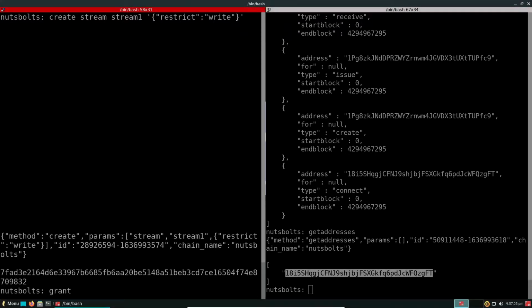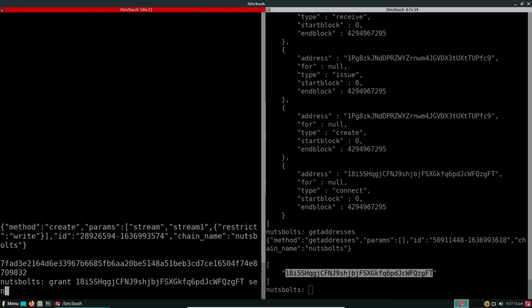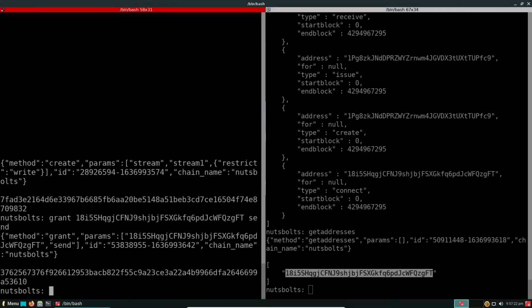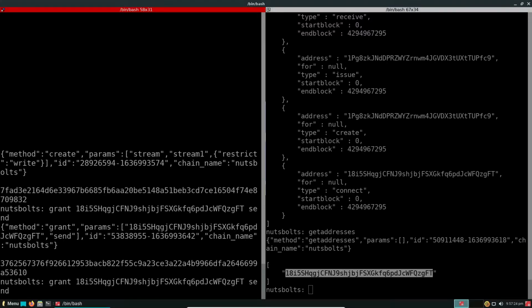So grant 18i5s, what you see on the screen, send. Now why are we granting? Because the other node should be granted permission to send something to this node. Then another exclusive permission we need to say is that it should be allowed to write or read. So here we are granting this 1 8 etc. the permissions to write.